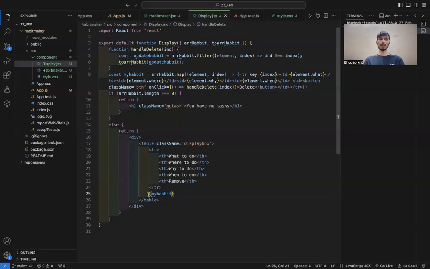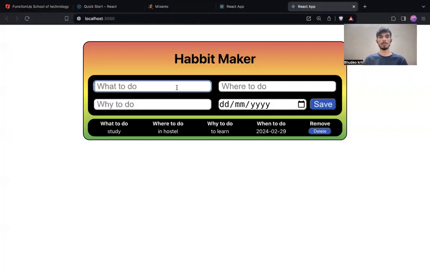And here we are going to show our array habit inside the table, which will align itself because it is a table, and in the table there are 5 table heads in each row. So every time we enter anything, like what to do, we have to do assignments,